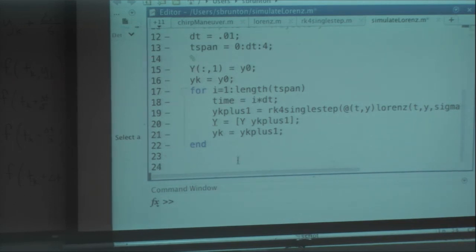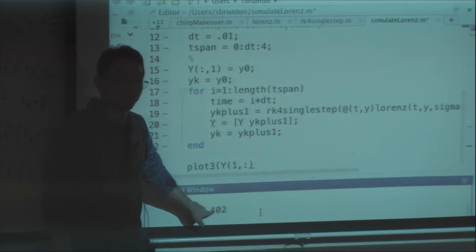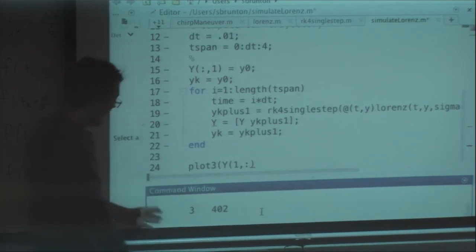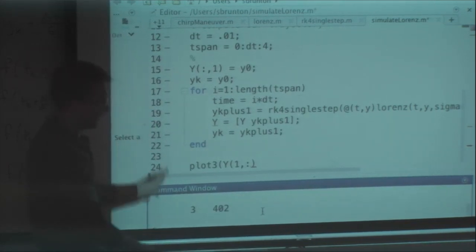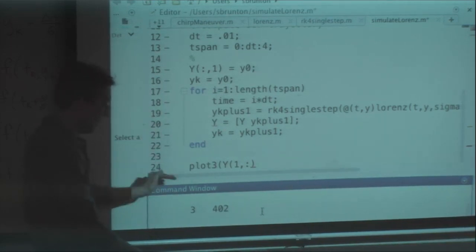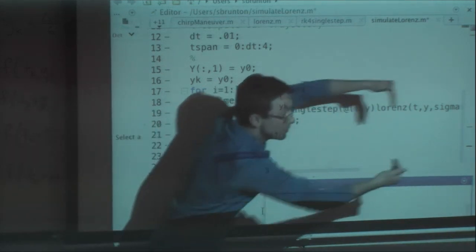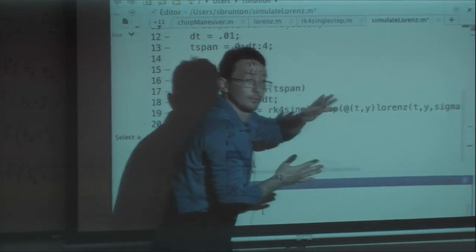So now we get to do some cool things like plot3. And we're going to plot our history, this big Y matrix. So if I type size of big Y, it's a 3 by 402 matrix. Okay, so it has 3 rows and 402 columns. So for X, Y, and Z, I have those states at 402 points of time.